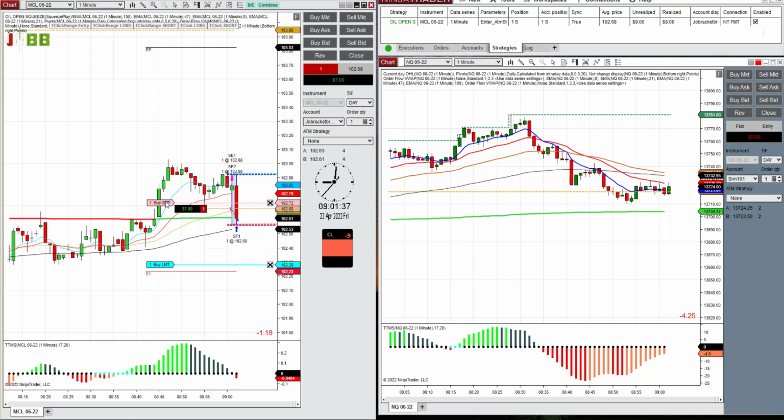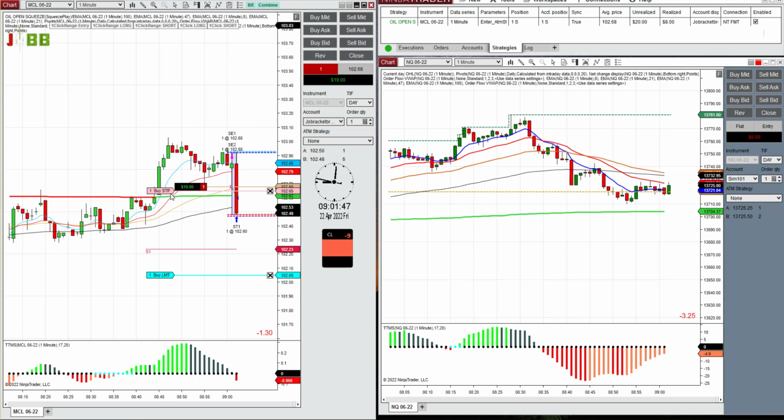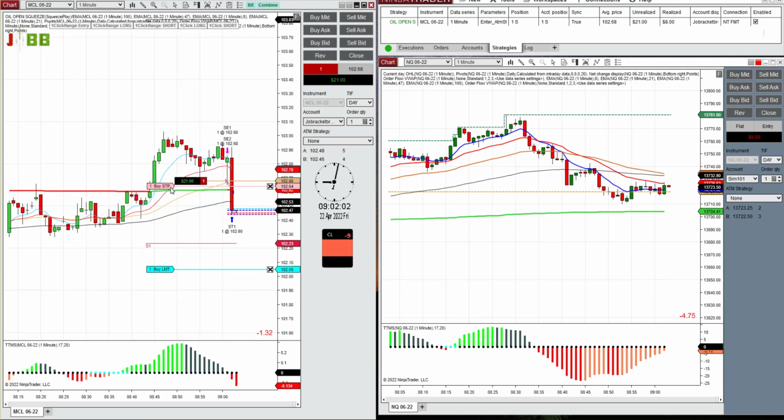Okay, it hit my first target. I'm going to move to break even. I will trail now, expand my target real big. I want to know if I took the wrong signal. Okay. Now, Calvin, I know you like pullbacks, retraces. I don't. I don't trade retraces, Calvin. I hate them. Everybody has their way of trading. I can't do retraces. I don't do it well. So I don't want to get too close to the current price. I want to know by you expert opening traders if you think I took the wrong signal.